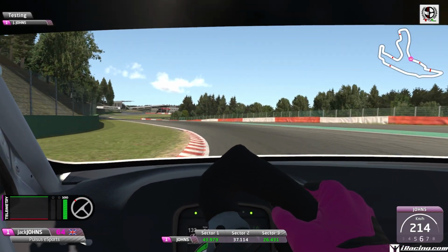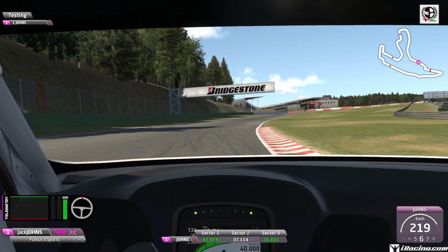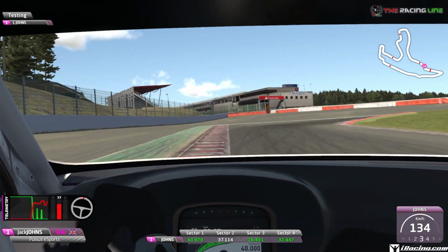Flat out through here, try and put a shallow steering angle to try and keep that speed up. You don't want to scrub any speed off by yanking the steering wheel to the left. This next braking zone is a tricky one. I use the dirt on the road. You can see just as it starts getting a little bit patchy, hard on the brakes from 6th down into